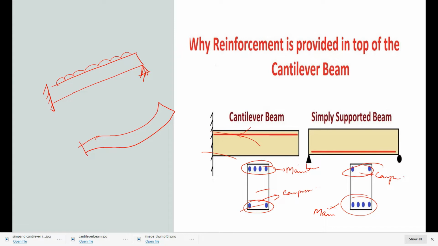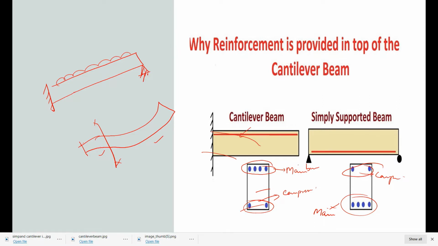We will get a deflected shape like this. Here we can see that this is the sagging portion and here it is the hogging portion. If we cut at this position, this is the hogging case, and at this position this is the sagging case.